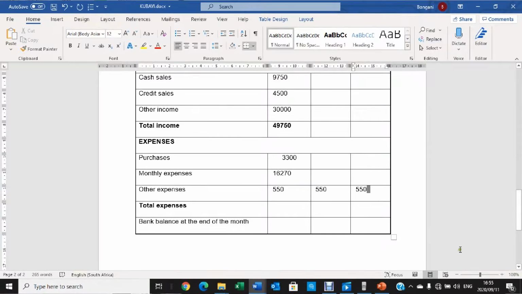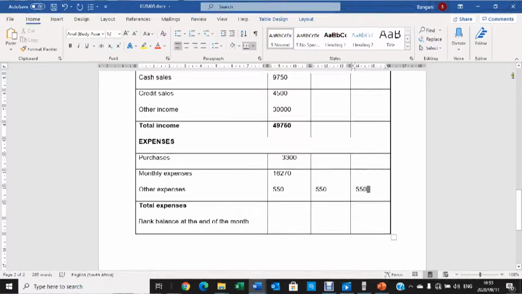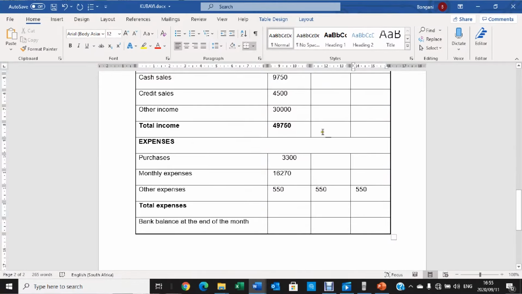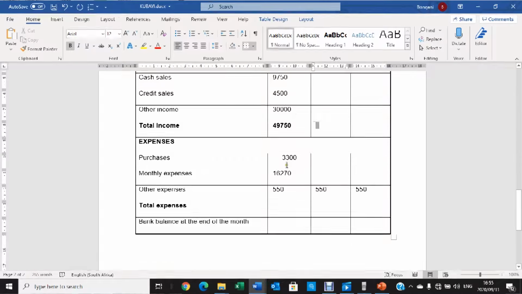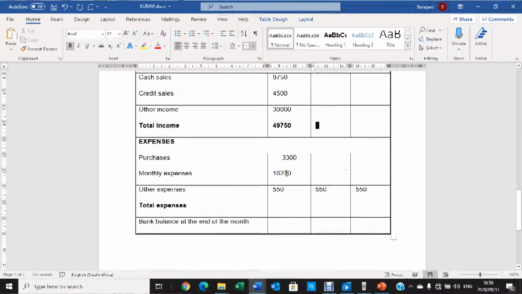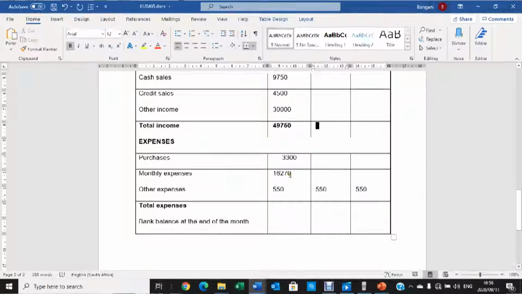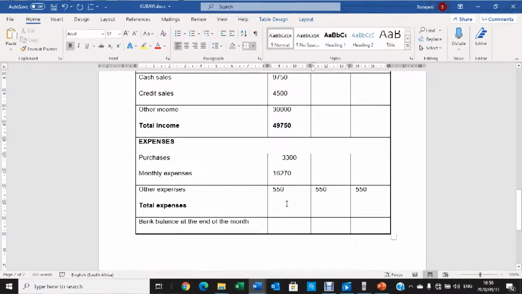Now, I think we are done with our expenses. One thing that we need to do, it is to record the total expenses. And then our total expenses, we are going to add all the expenses, starting with 3,300 plus 16,270 plus the 550, which it is going to give us